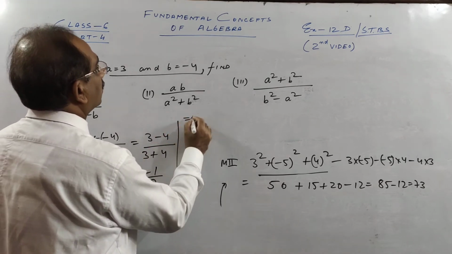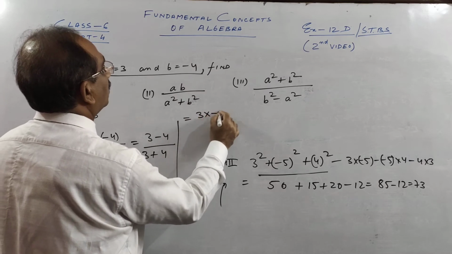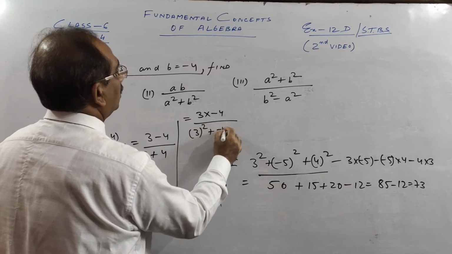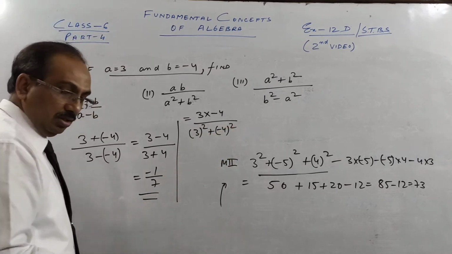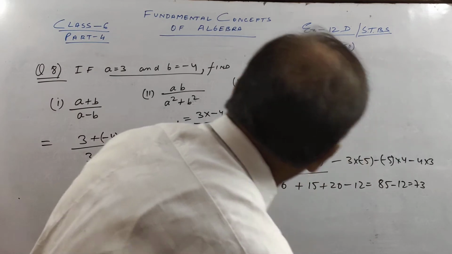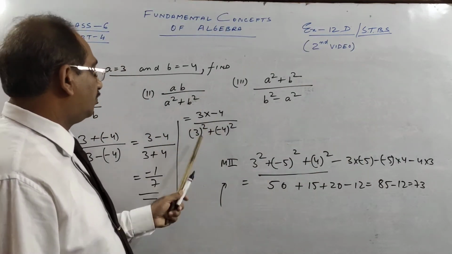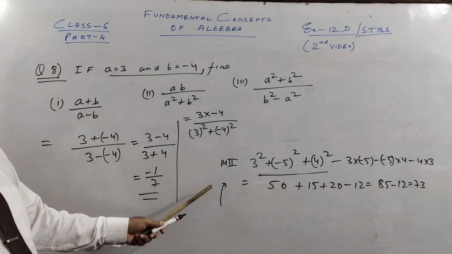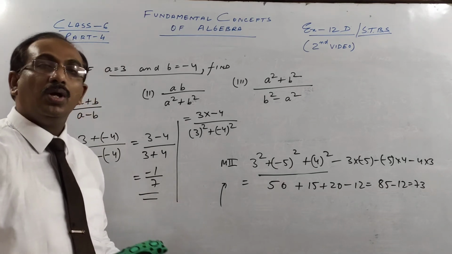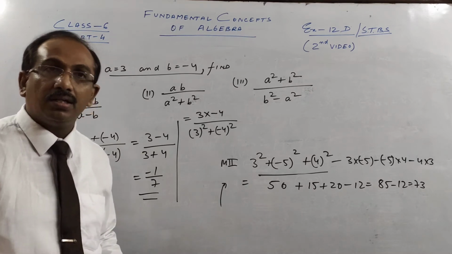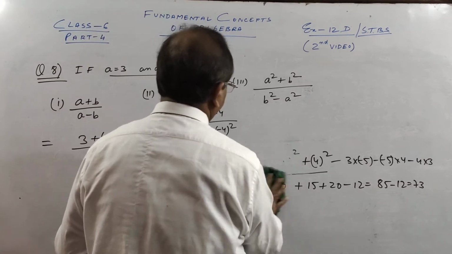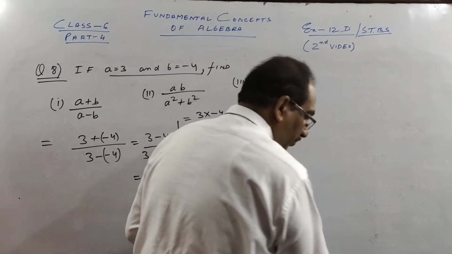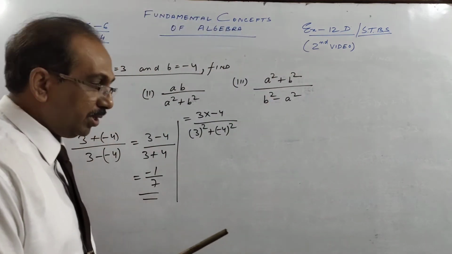Second one you see, I substitute A 3, B minus 4 in A square minus B square. So here I have just substituted, children, the values of A and B, 3 and minus 4. So this I am writing. So you can pause the video and copy this nicely. So in between, children, you pause the video, you play back, you stop, write and be active, children. Maths you cannot be passive. You have to always be with your pen and paper, copy and write.